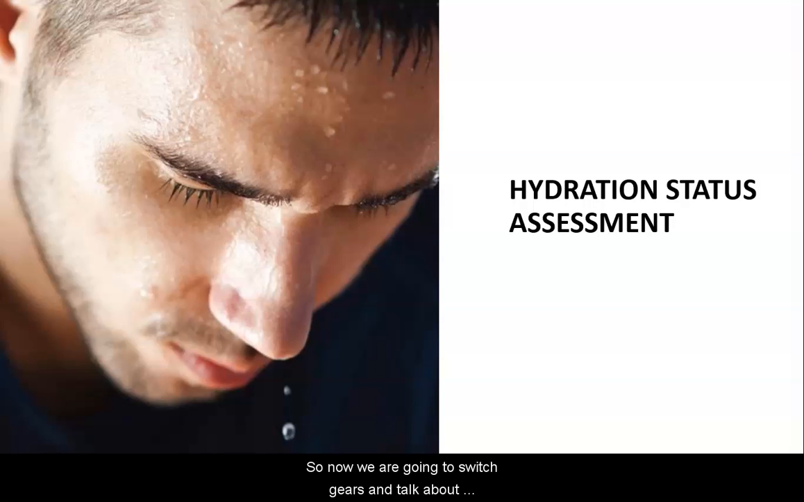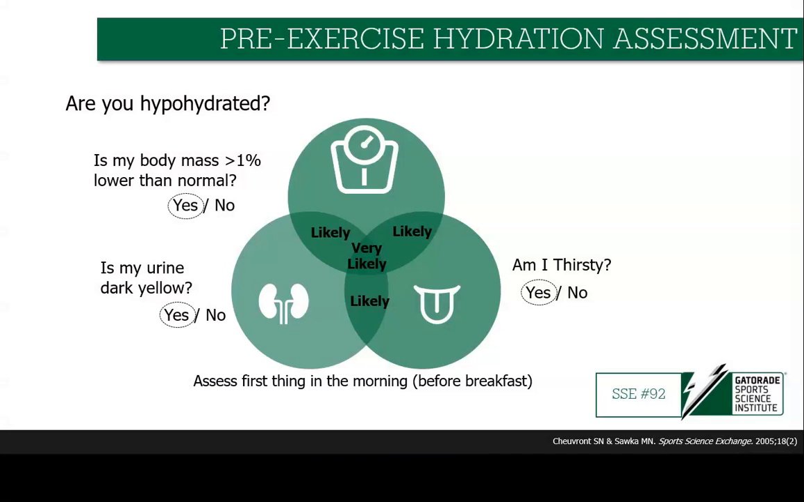So now we are going to switch gears and talk about hydration assessment. First, let's talk about pre-exercise hydration assessment. The recommendation is to consider multiple markers, including body mass, urine concentration, and thirst. As this Venn diagram shows, hypohydration is likely if two methods indicate hypohydration, and very likely if all three methods